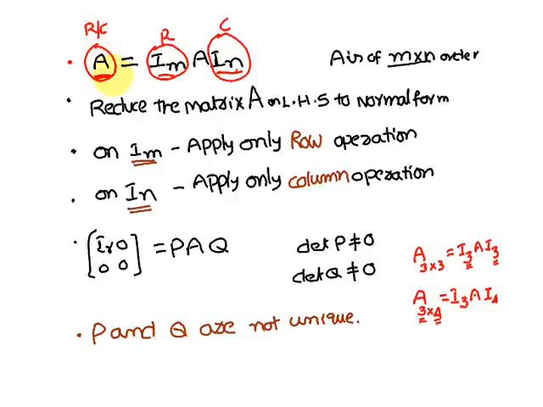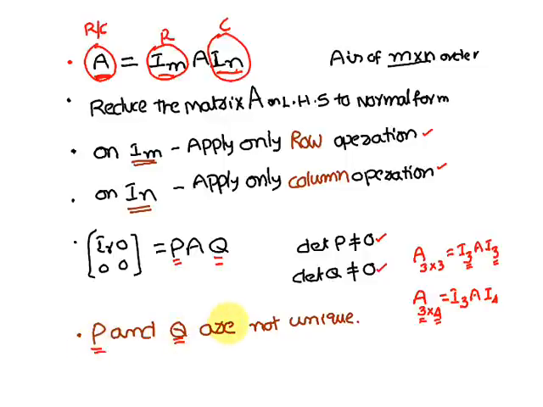On the left hand side matrix you can apply both row and column operations, but on the right hand side, on the I_m matrix, you have to apply only row operations. On the post factor I_n matrix you have to apply only column operations. That I have discussed in the third and fourth points. So when the left hand matrix A is reduced to the normal form, then I_m is reduced to the form P, as usual, and the I_n matrix is reduced to Q form. Here the determinant of P is not equal to 0 and the determinant of Q is also not equal to 0, and you come across with P and Q.